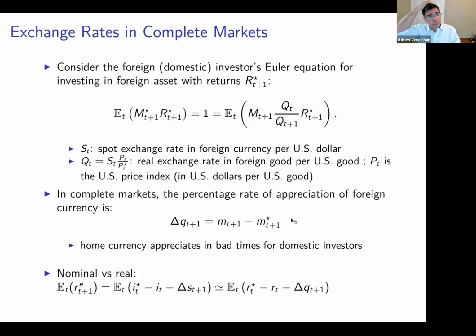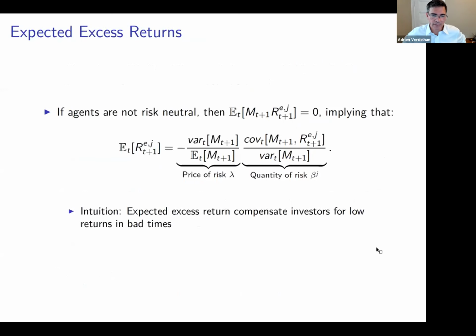Now you notice that here I'm expressing everything in terms of real exchange rates. Since I'm going to look at the excess return, the truth is that it doesn't matter much. You can write down a currency excess return in terms of nominal variables, as I did before, or in terms of real variables. And of course, you get pretty much the same thing because the inflation shows up both in the interest rates and in the change in exchange rates. Now, I want to show you one or two classic results here that are going to be very useful, I think, to understand a big chunk of the literature.